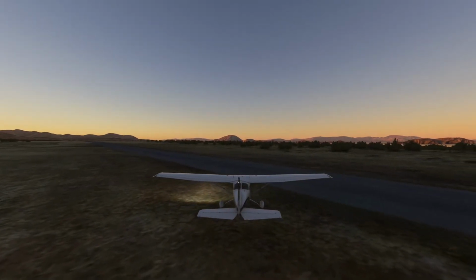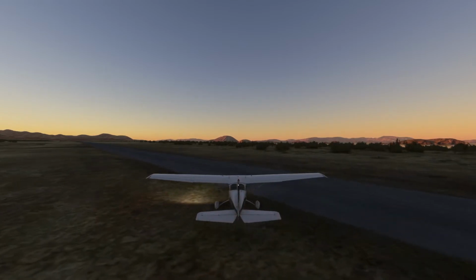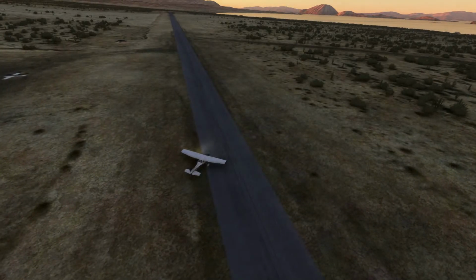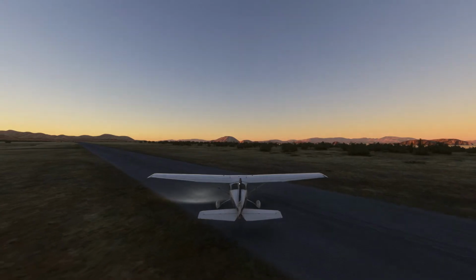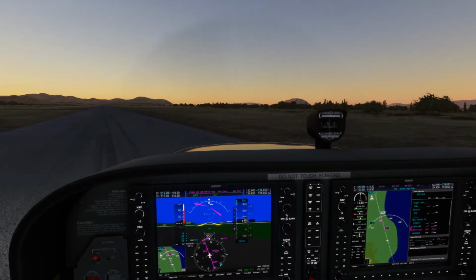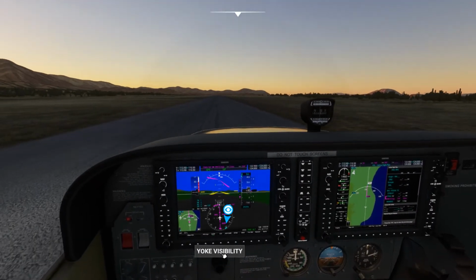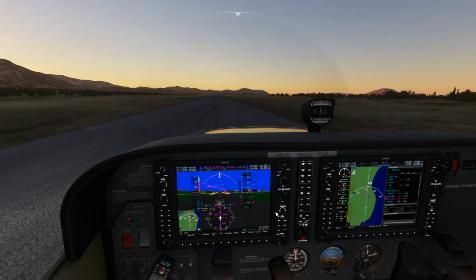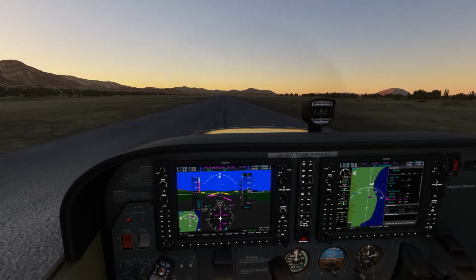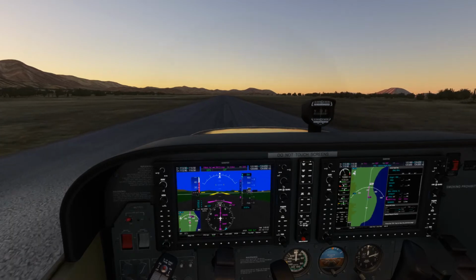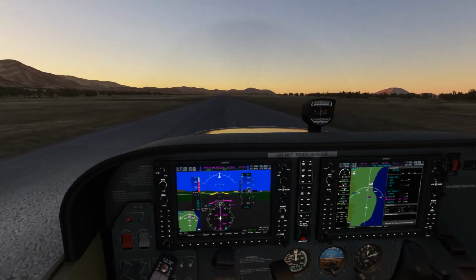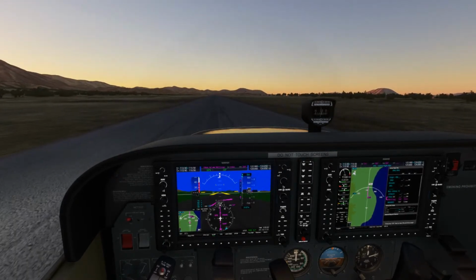Using my rudder pedals and also my yoke here. Go ahead and just park right here, explore a little bit, and then call it a night.